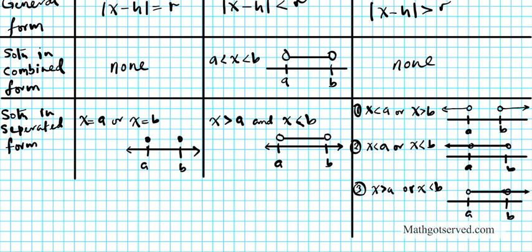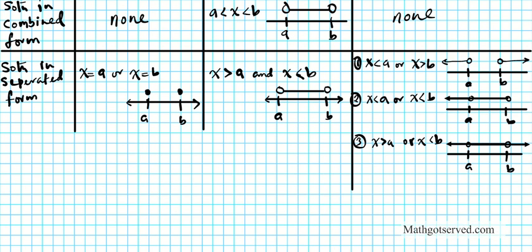So for this one, you're going to go right over a, and like that. So this one includes everything. Whenever I have an unbounded region of this nature, the entire number line will work for this. Okay? All right, and then the last scenario that we have for unbounded regions,